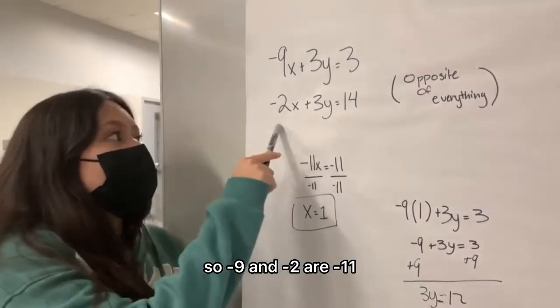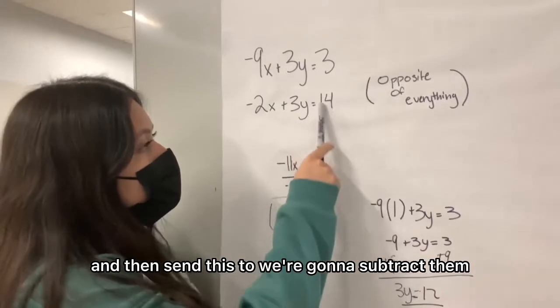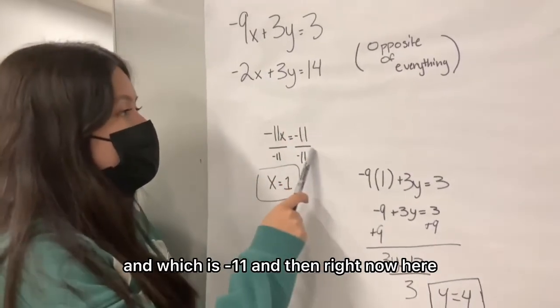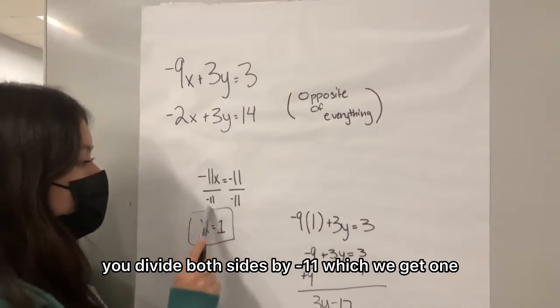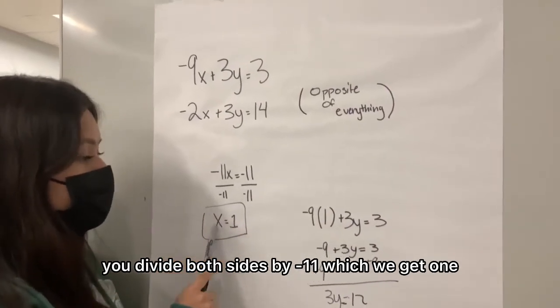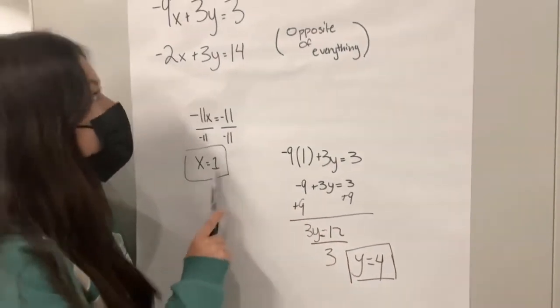So negative 9 and negative 2 are negative 11. And then for this 2, we're going to subtract them, which is negative 11. And then right now here, we divide both sides by negative 11, which we get 1. And then right here, moving on to this side, we're going to plug in the 1 to one of these